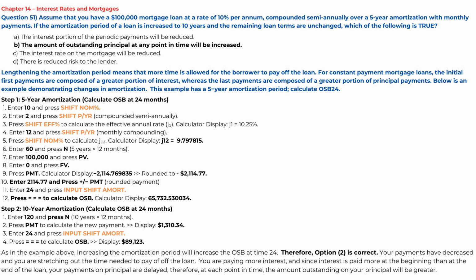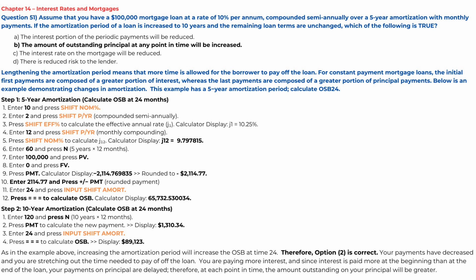The calculator displays J1 as 10.25%. Enter 12 and press Shift PYR. Press Shift NOM. The calculator displays J12 as 9.797815. Enter 60 and press N, 5 years times 12 months. Enter 100,000 and press PV. Enter 0 and press FV. Press PMT. The calculator displays